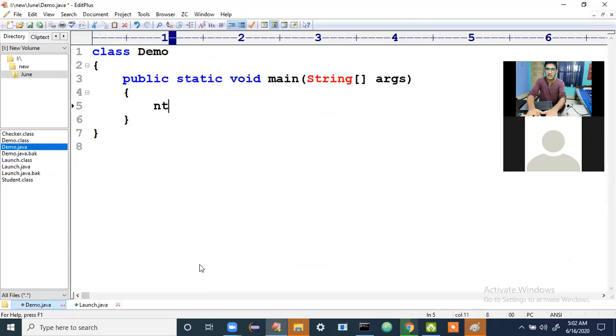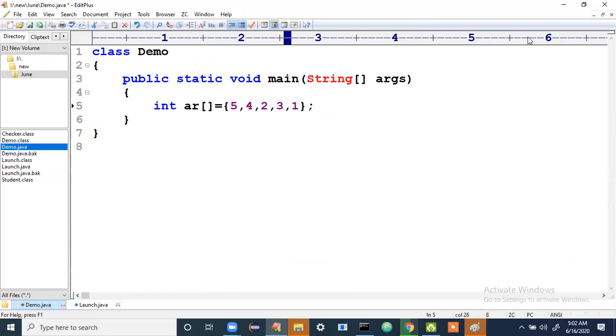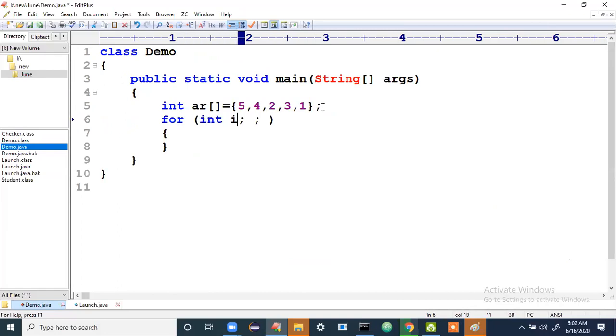So let's imagine I have one integer type array AR. We have 5, 4, like this. Now, how to do selection sort here? So for loop, int i should start from 0. i is less than AR dot length. Okay, AR dot length